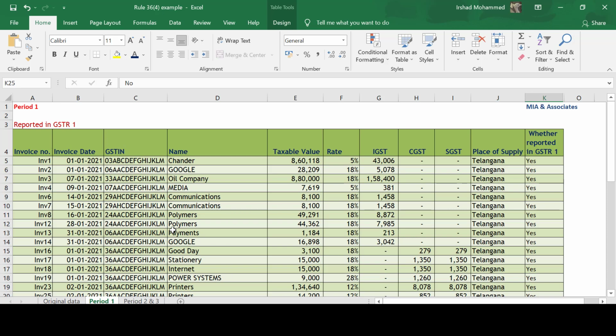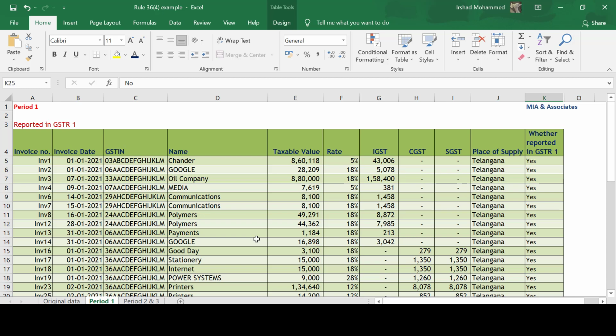If a supplier has filed GSTR1, the invoices will appear in either GSTR 2B or 2A, that is either before the due date of GSTR1 or after the due date of GSTR1, because 2B is a static form. If someone files GSTR1 before the due date, the 2B will show those invoices, and if someone files GSTR1 after the due date, the 2A will be updated because that is a dynamic form, and it's perfectly alright. It doesn't make any difference as far as the eligibility to take the ITC is concerned.